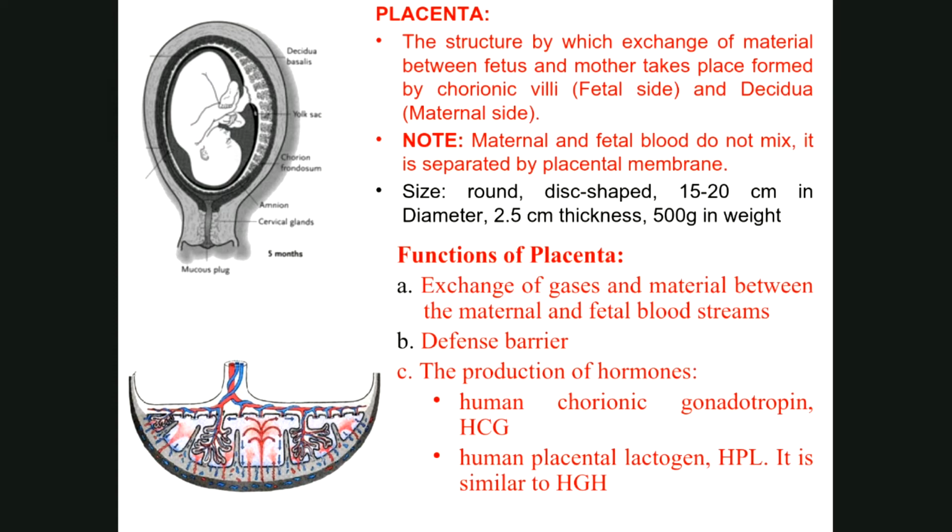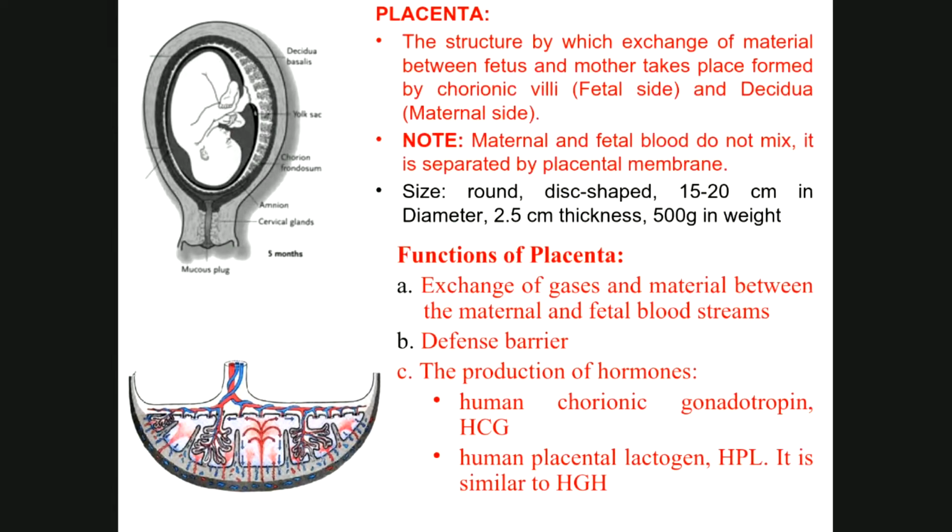It is a part of the chorion, which we discussed for the chorionic cavity. And decidua is nothing but the endometrium of the uterus. It is the lining of the uterus which changes its structure to give nutrition to the developing fetus. So these are the two components of the placenta. And the placenta is disc shaped, having a 15 to 20 centimeter diameter, 2.5 centimeter thickness, and is usually around 500 grams. These are some facts regarding the placenta.